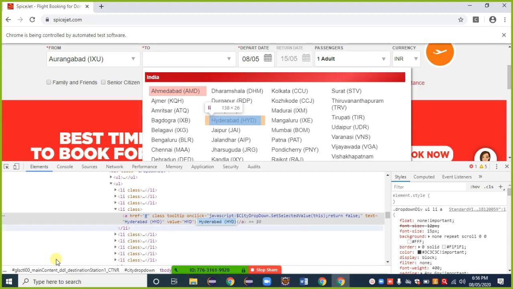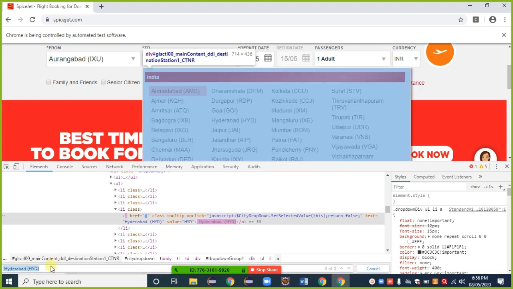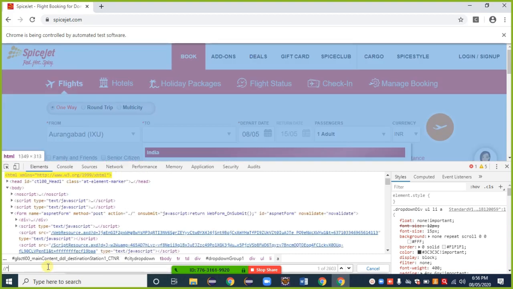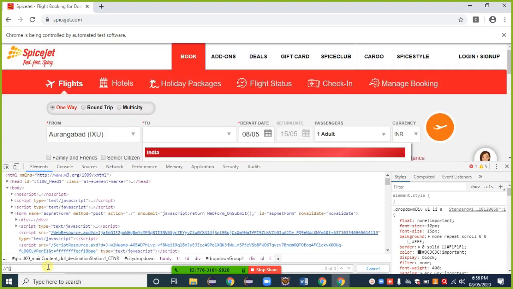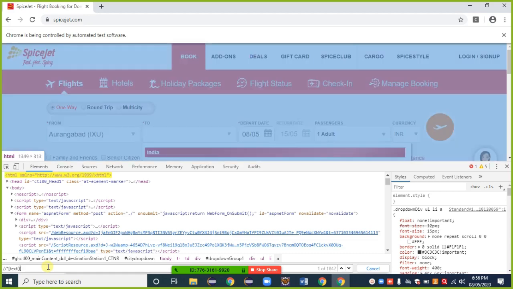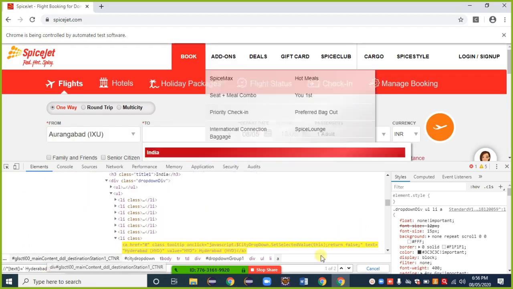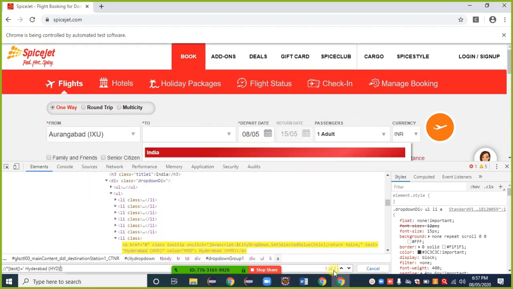Control C. Here Control F. Two forward slashes, star, bracket, text parenthesis is equal to sign, single quote, and inside that the value. Observe that we get the suggestion 1 of 2, meaning 2 web elements are available here with the same attribute and property. So I need a unique one.